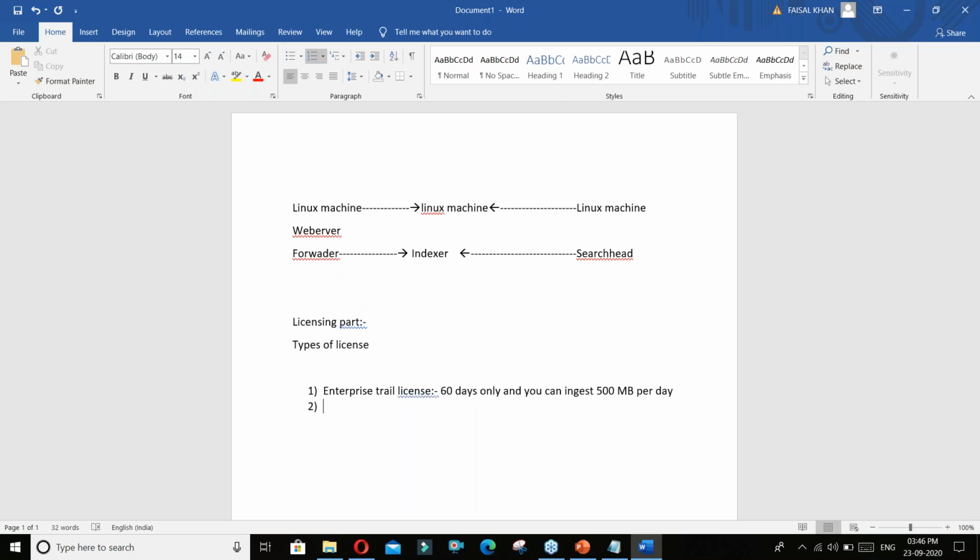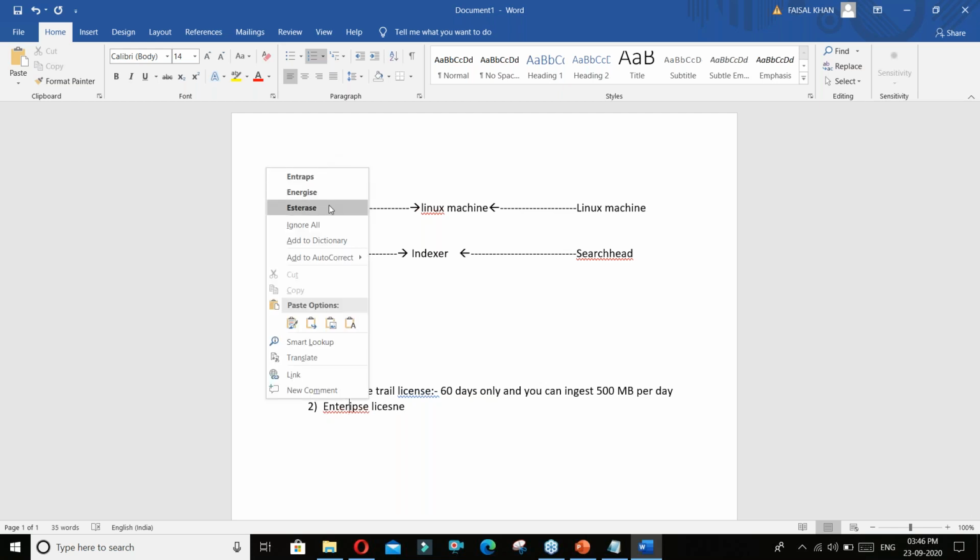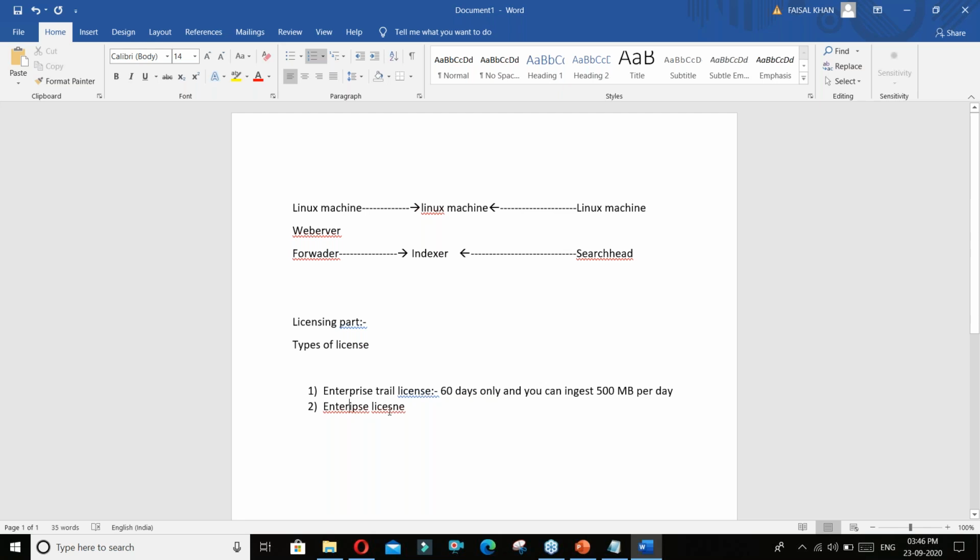Now, if I am a big organization ingesting around 20 GB or 1 TB of data, then I have to reach out to Splunk and get an Enterprise license. So costing is involved. The license we have to purchase from Splunk.